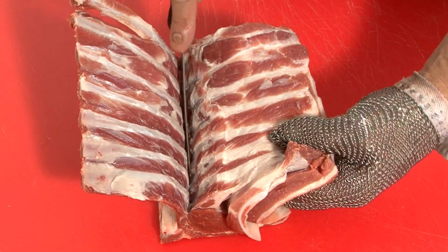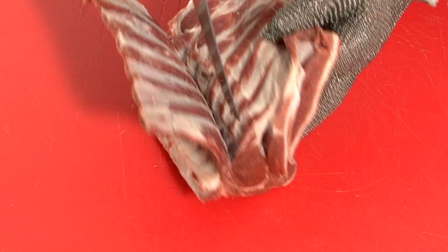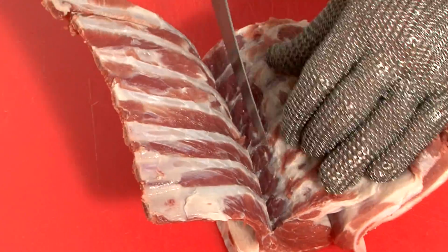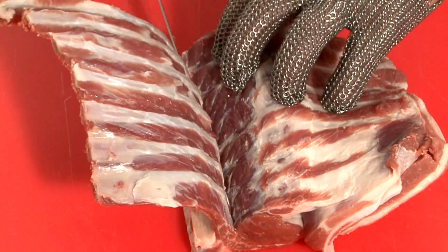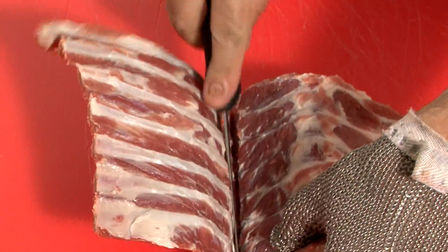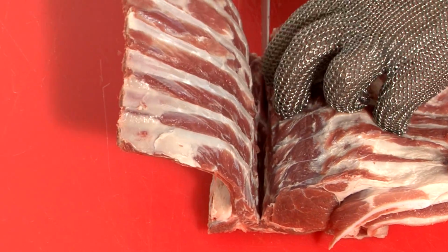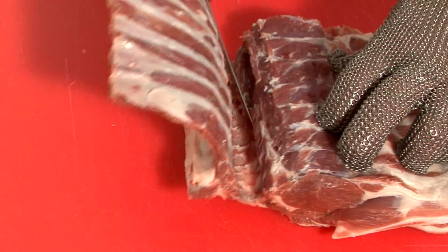When we get to this section here, a little bit more care is needed because we're coming to the back of the eye muscle of that loin. So again, it's keeping that knife close into the bone section. As I get to the bottom, the bones are just going to go slightly round and then down onto the flat of the table. So once we've cleared that, we just make sure that